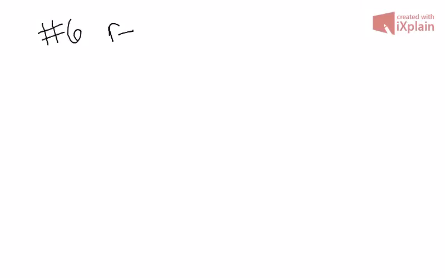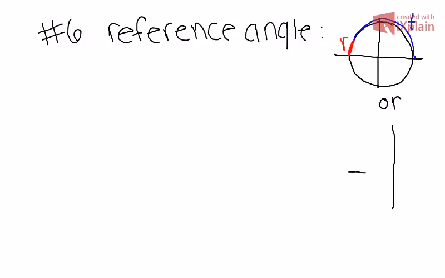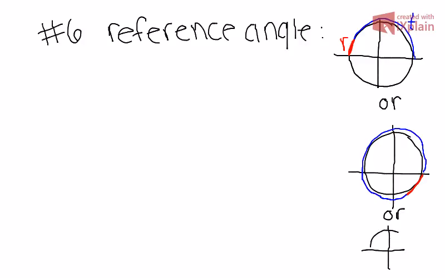All right, so number 6 here on 6.3, number 6, 8, 10, and 12 are all reference angle stuff. So I'll run through the majority of those. I go through a couple of examples of reference angles over here on the right side of the screen. That red part would be the reference angle, and the blue part is going to be the angle that they give you, okay? Reference angle is really how far away an angle is from the x-axis, depending on what quadrant